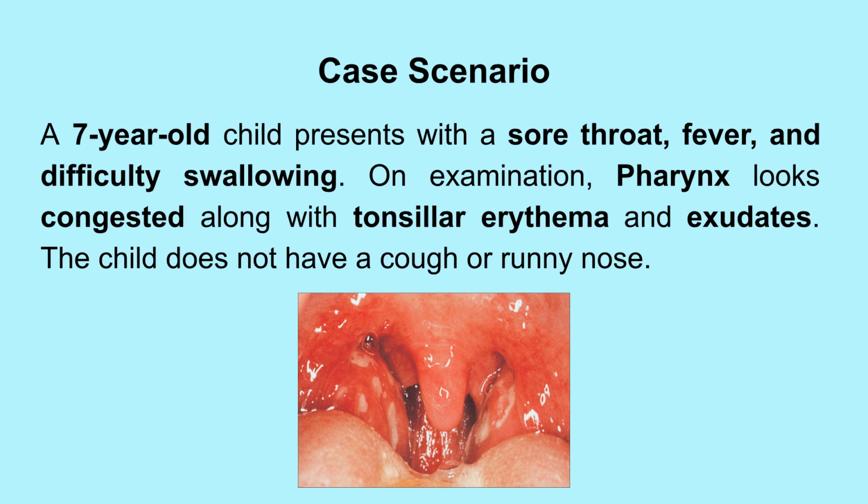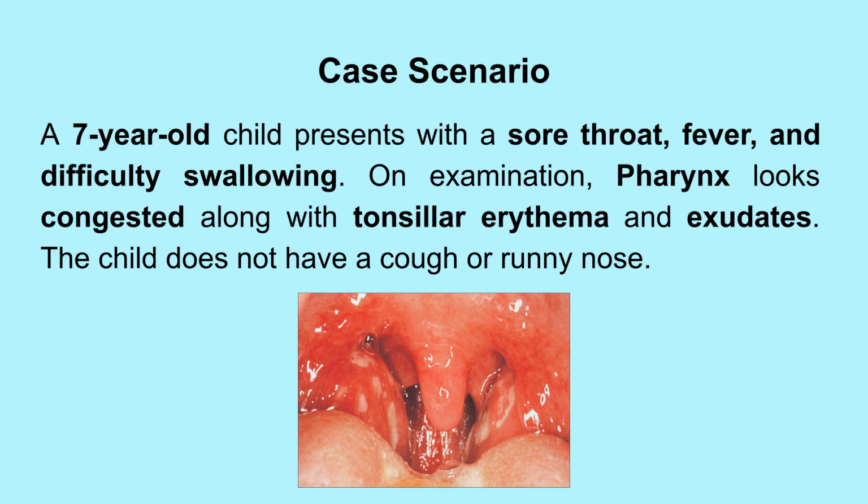An important clinical observation is that the child does not have a cough or runny nose. This is a key distinguishing feature. Viral pharyngitis typically occurs as part of a viral upper respiratory infection, with other symptoms like cough, runny nose, and conjunctivitis. The absence of these features makes bacterial pharyngitis more likely. This clinical presentation is classic for strep throat,